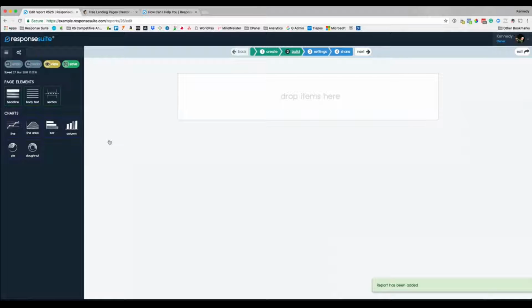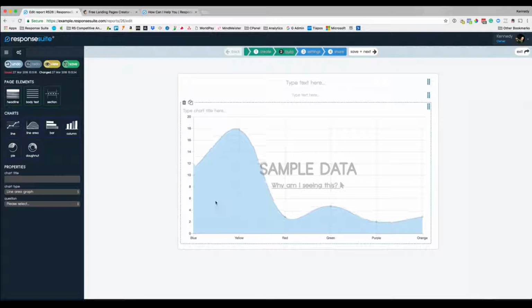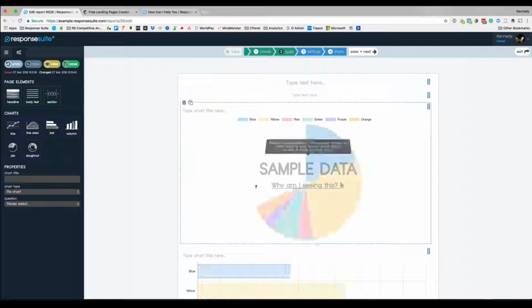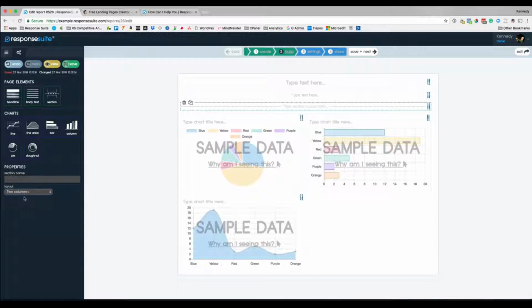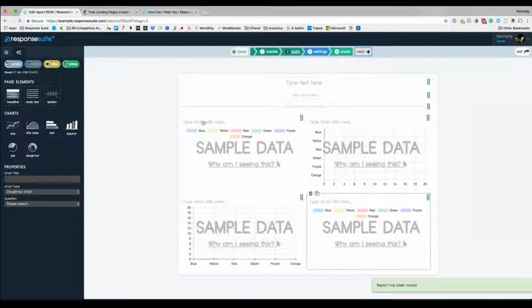Inside, again, you'll recognize this. It works on the same principle as the survey builder. You can put headlines in, you can put body text in, all of these things, but you also can drag in reports. So you can put in a line area graph, you can bring in a bar graph, you can build a pie chart, all to report on the data you collect from your surveys. But maybe you don't want them to look exactly like this. Maybe this looks a little wide for you. So I'm going to just adjust this to 2 columns, and doesn't that look amazing? Look at that. And you can start building these things out and building your custom reports that then you can